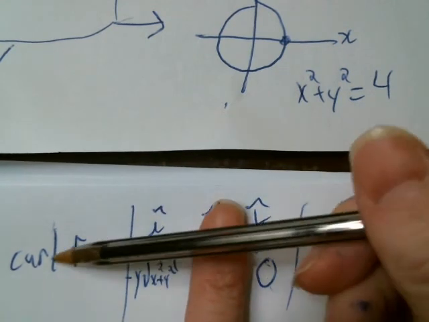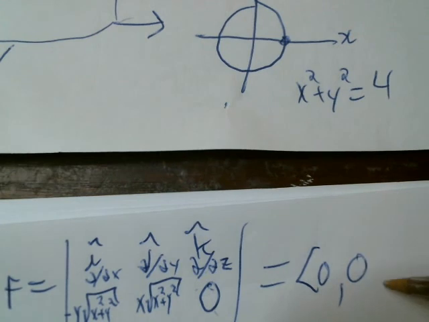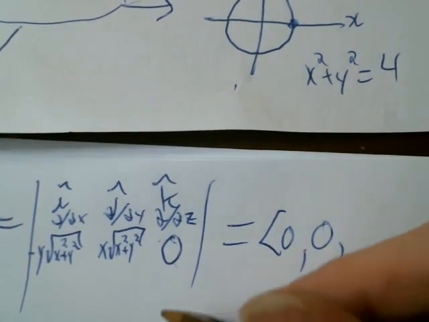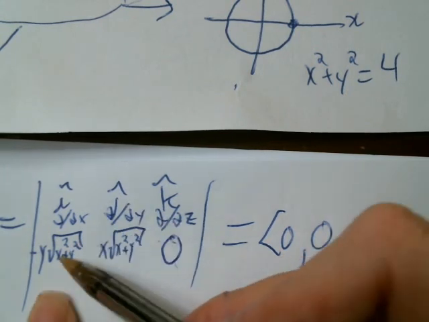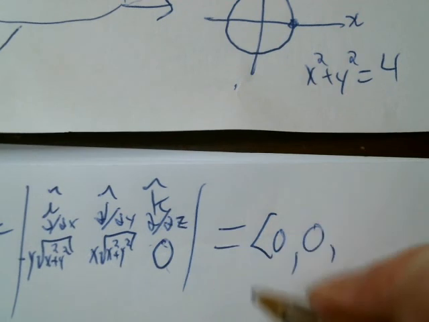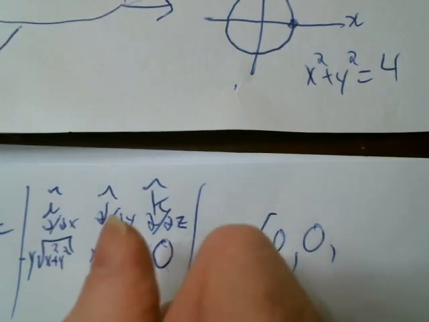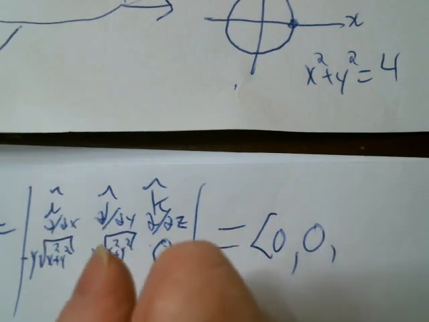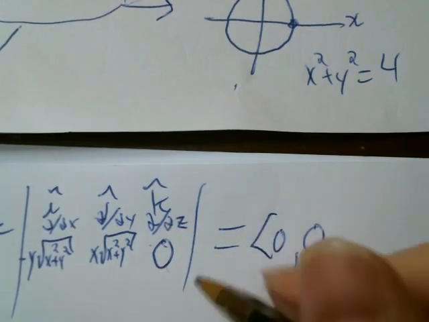Second part 0, 0. And then the third part will give us information. So the partial of this thing with respect to x minus the partial of that thing with respect to y. So first this guy, partial of that thing, I'm going to need a product rule. So with respect to x, 1 times the square root of x squared plus y squared, plus then leave x